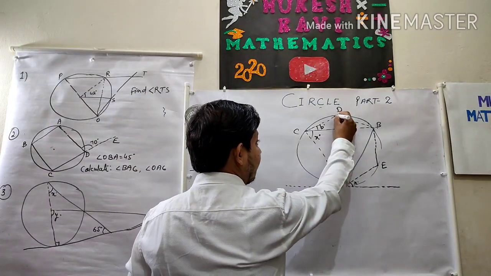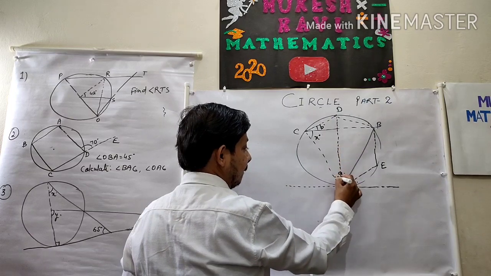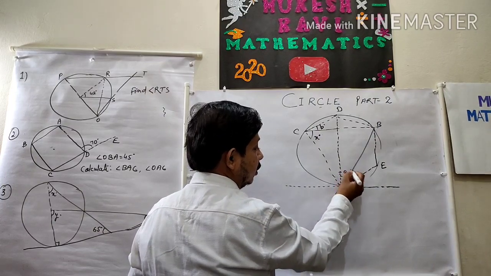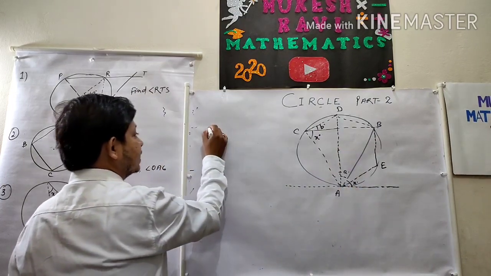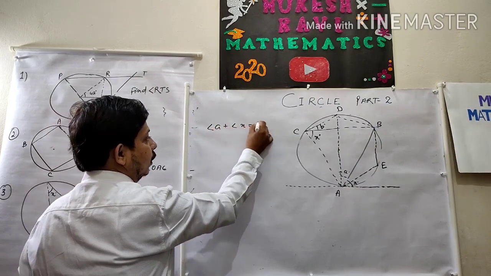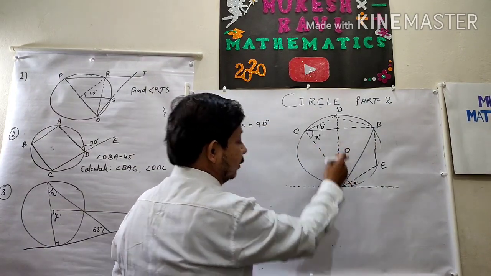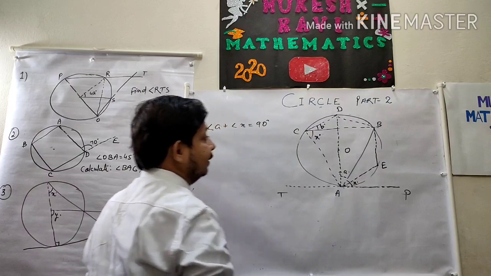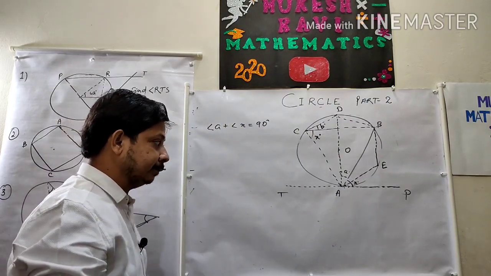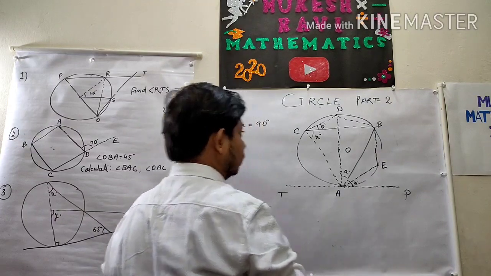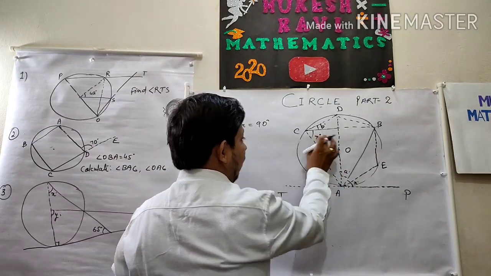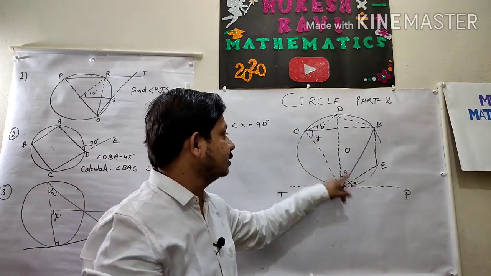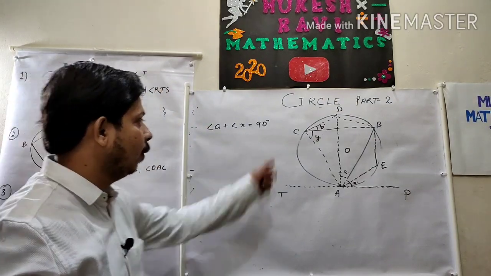Suppose this is the center, joining AD. Joining AD, this is A. So now we can say angle A plus angle X equals 90 degrees. This is the center, radius. The point of contact, suppose this is your tangent TP, the point of contact is 90 degrees. Now you check. Already I have written X and X, but I will write Y here. In the last we will prove this X is equal to Y.